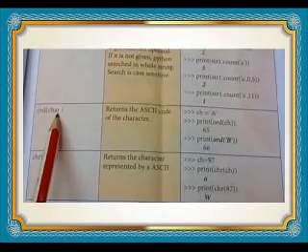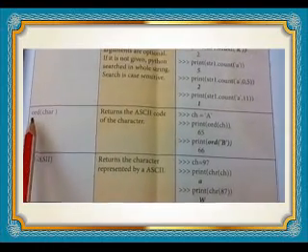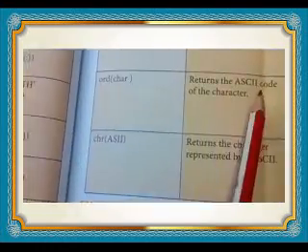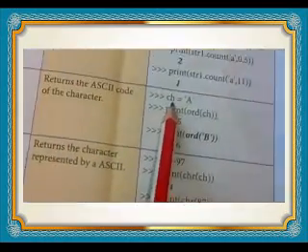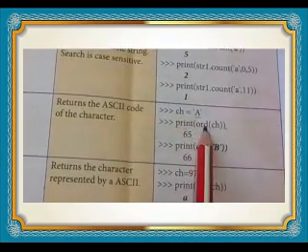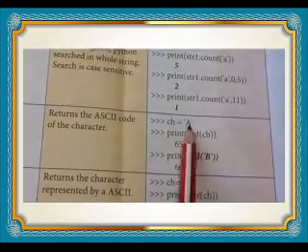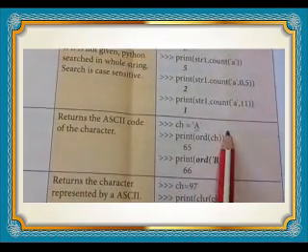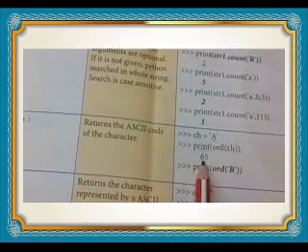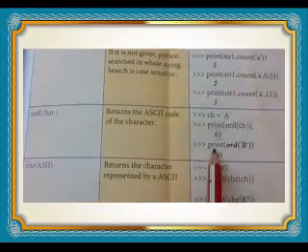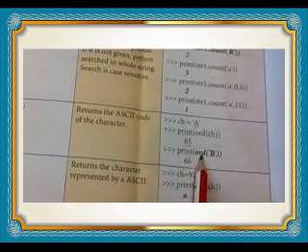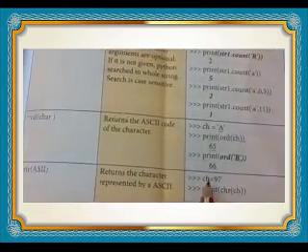Next function is the ord function. We already studied this function in the 7th chapter, built-in functions. This function is used to return the ASCII code of a given character. See here an example: ch equals "A". A is a character, is it? Print ord(ch). Capital letter A's ASCII value is 65. So it returns 65, and the print function prints that 65 on the monitor. Did you get it? Next, print ord("B"). B's ASCII value is 66. So it returns 66, and the print function prints 66 on the monitor.